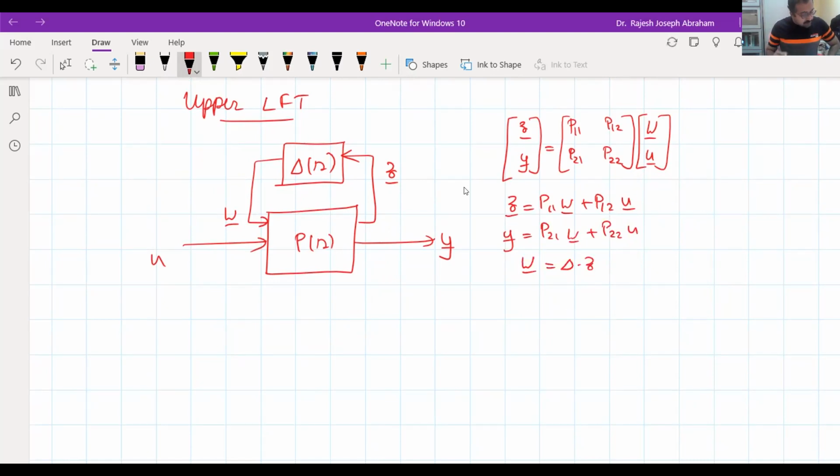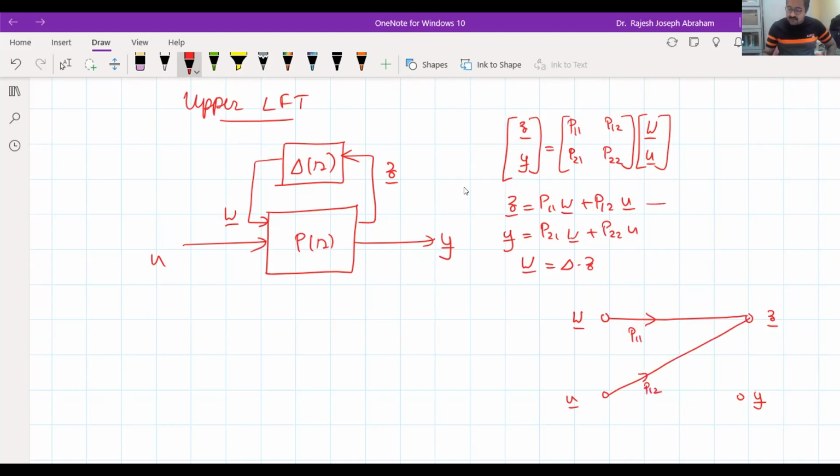So this can be represented in a signal flow graph form. In a signal flow graph, nodes represent the signals. W and U are the input signals, Z and Y are the output signals from the plant. Let me mark this. This is my W. This is U. There should be two outputs, Z and Y. Now what is Z? P11W plus P12U. That means there should be a branch from W at a gain of P11, and a branch from U at a gain of P12.